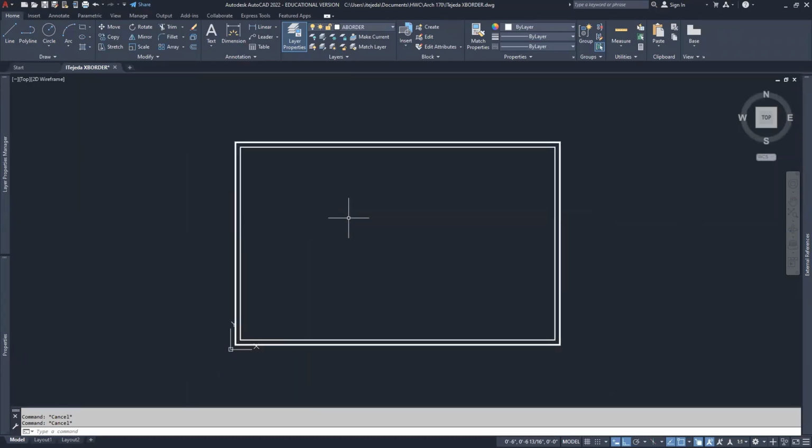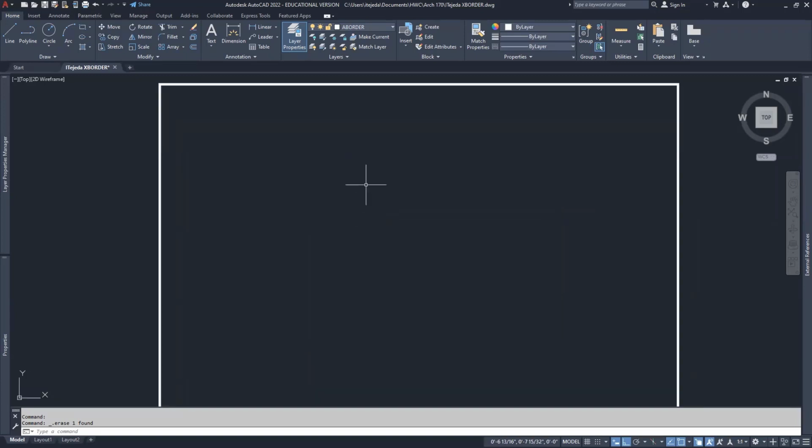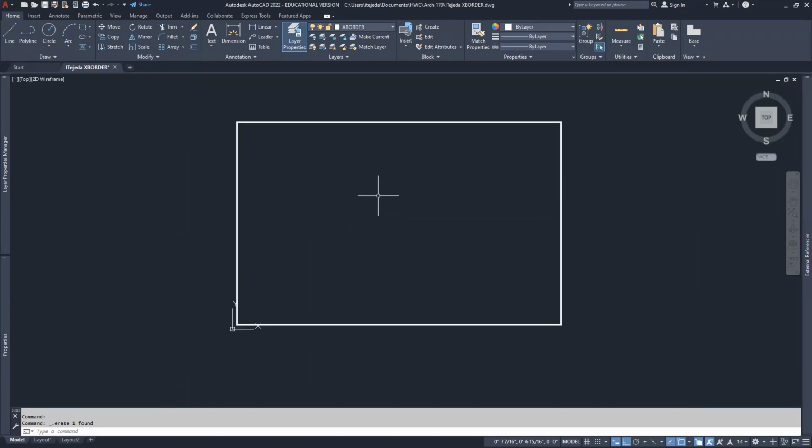Let's say you want to do something a little different than that, or you just simply want to start all over. Let me go ahead and take this polyline and delete it. And what I'd like to do is start again. This time I just want a line along the top and the bottom. What I could do is trim. So I can type TR and enter, and I can trim this line segment here and then this one over